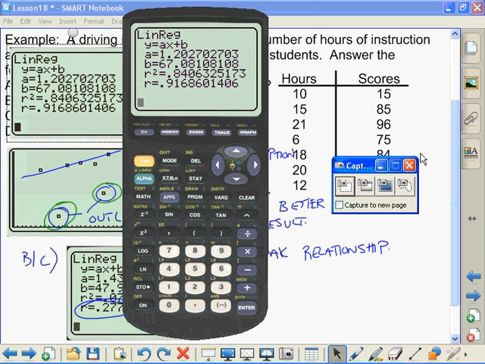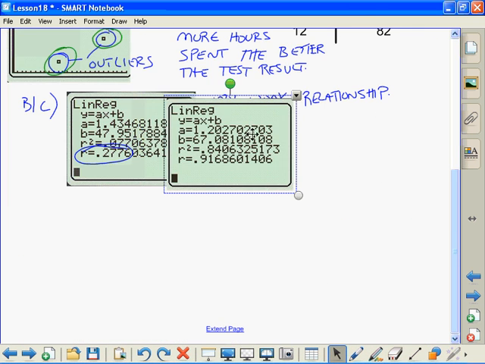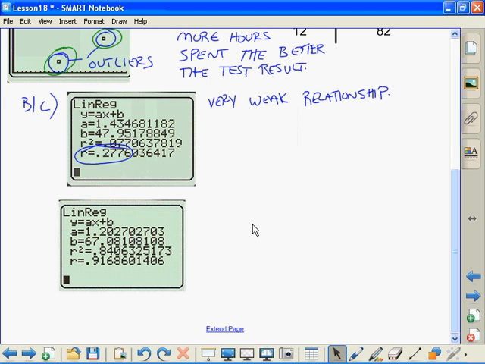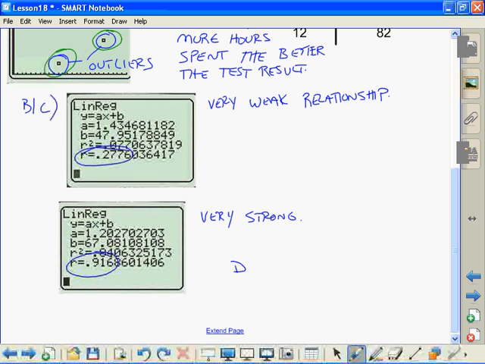So here's the challenge for you when we go through this process, especially with your project. Because now the question is, A, should I have removed those outliers? Was it valuable? So now we have a very strong correlation. All right. So was it a valid conclusion to make? So that's when you reflect back on, and that's I think what question D is getting at. Determine the effect of the outliers. Okay. D part, the outliers